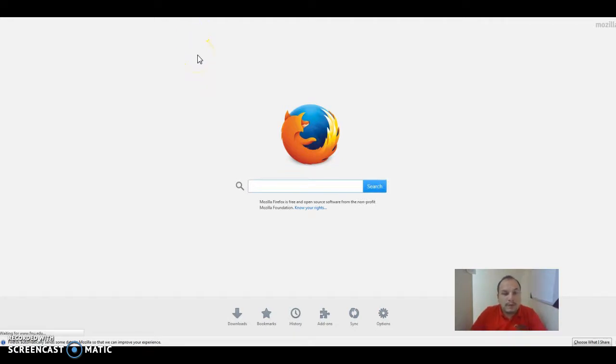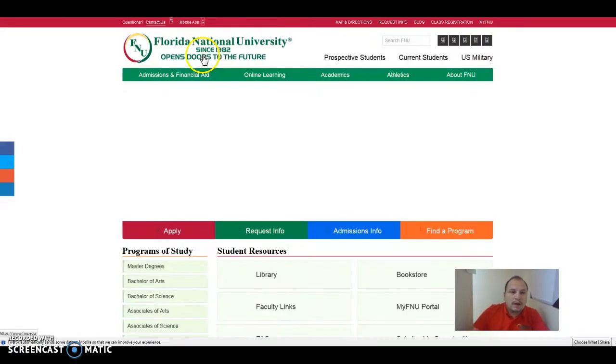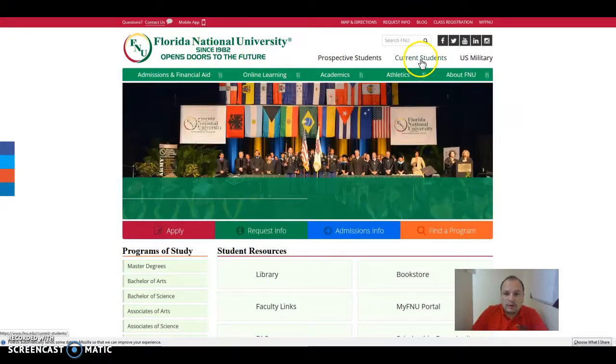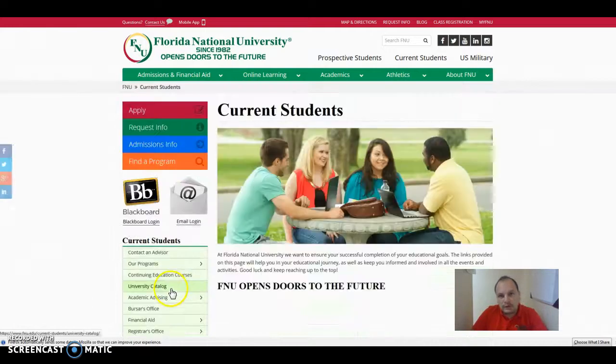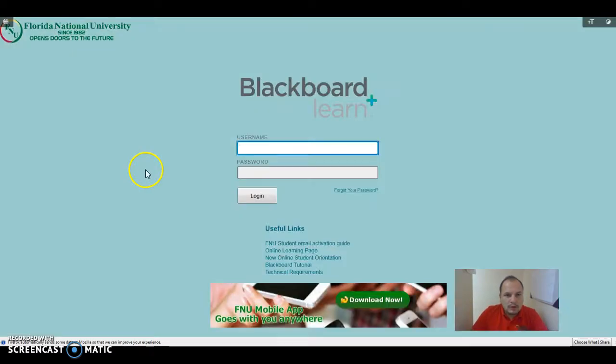This is our main webpage at the school, and here you can click on Current Student and you will have access to your Blackboard and your email. When you click on Blackboard, you will have the option to put username and password. Your username, remember, is the school email. So we're talking about the first letter of your name plus your last name plus the last four numbers of your student ID at